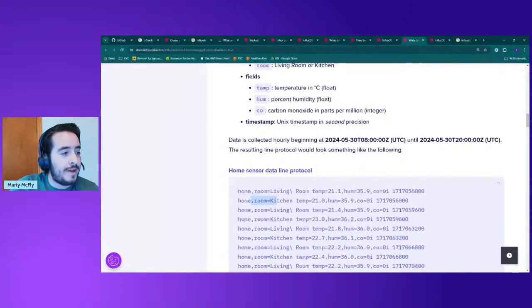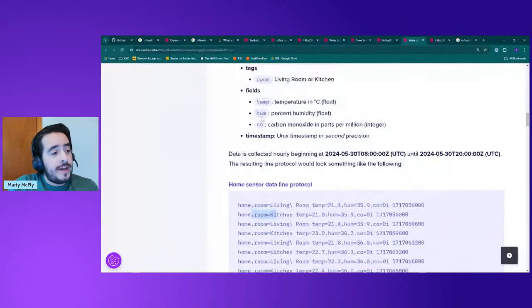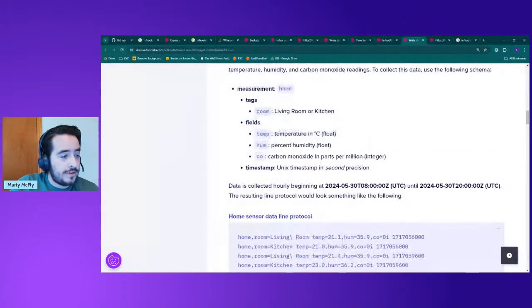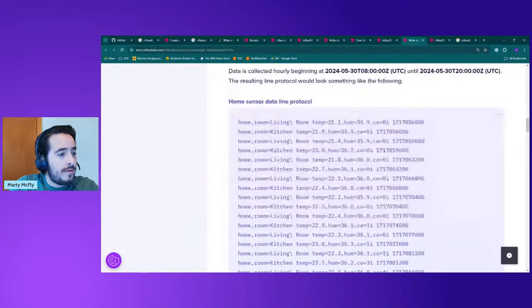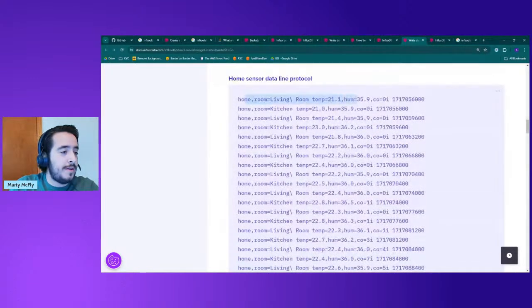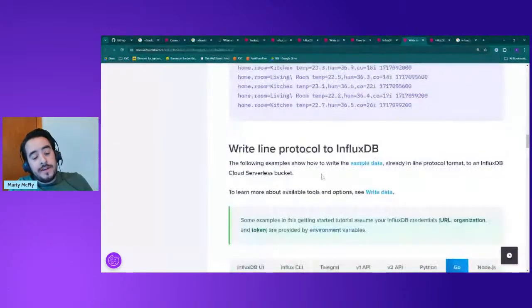So you get a measurement, and you have tags and then the fields where you would actually store the data, and a timestamp, since we're obviously dealing with time series data. So here we have, for example, a home sensor that's taking the temperature and the humidity, and it's storing all of this. So it doesn't seem too complex.